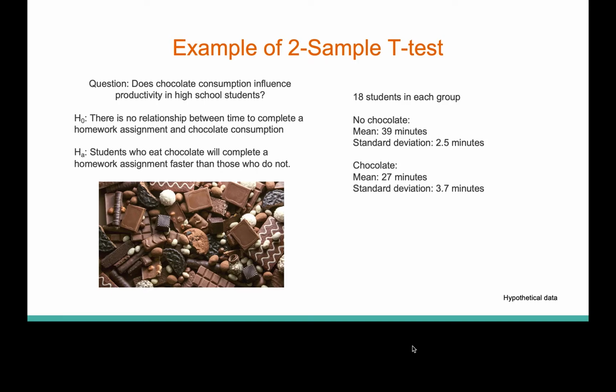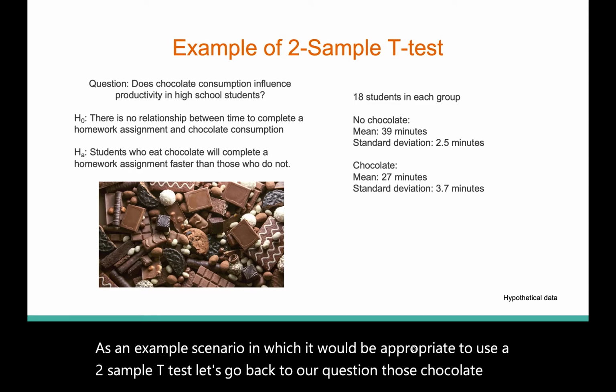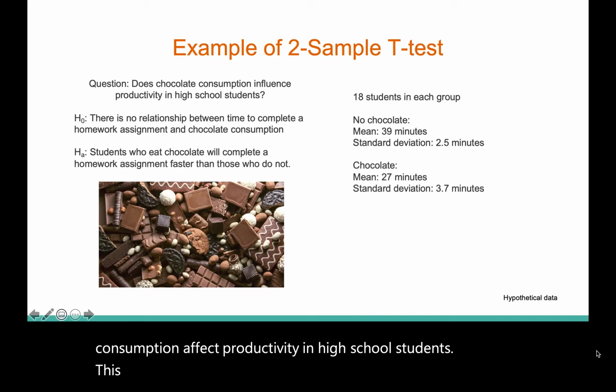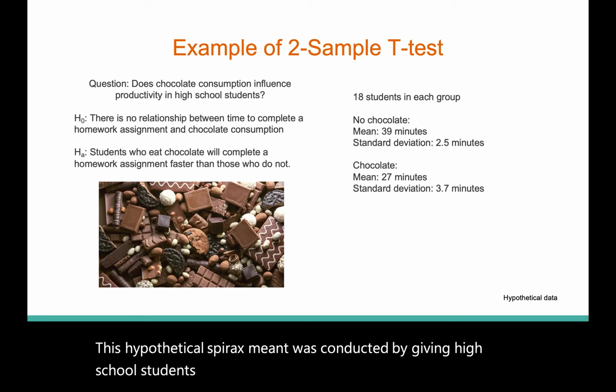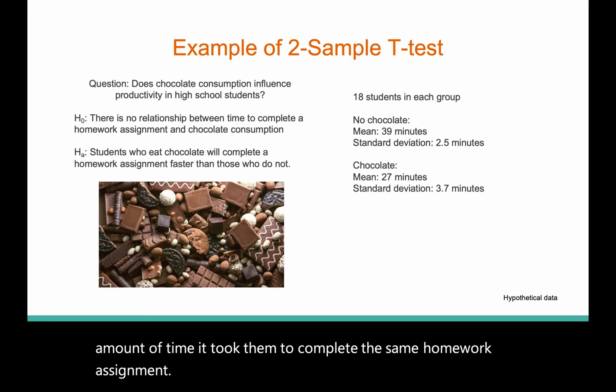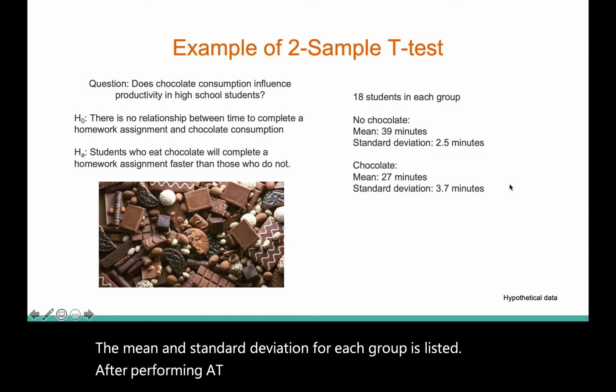As an example scenario in which it would be appropriate to use a two-sample t-test, let's go back to our question, does chocolate consumption affect productivity in high school students? This hypothetical experiment was conducted by giving high school students chocolate or no chocolate, and measuring the amount of time it took them to complete the same homework assignment. The mean and standard deviation for each group is listed. After performing a t-test, the p-value was 0.0111,